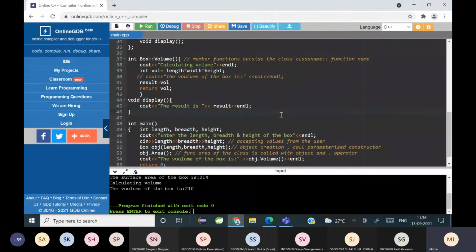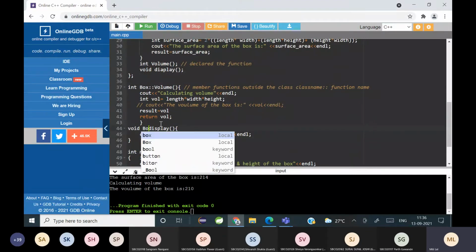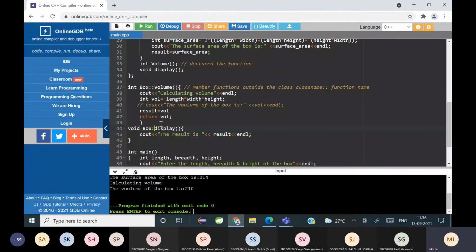So I'm just showing you how the display function works. Now this display function belongs to the class box, and it's written outside the class. So I've written box followed by scope resolution operator and display.